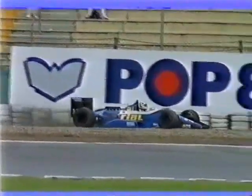So, tremendous dice going on here. This is a replay, I think, of De Cesaris getting all excited and then flying off into the boondocks. There we go, and that's just the replay of what De Cesaris has shunt. So, as De Cesaris rejoins the circuit on the replay,